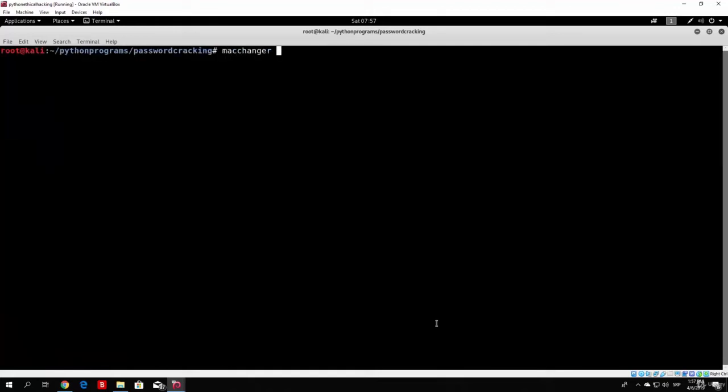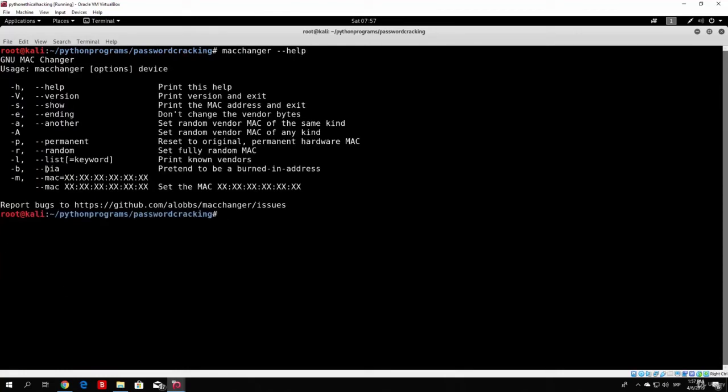Let's run macchanger --help. So we can specify it with -m and then --mac equals this. So we will use --mac equals, and then we will specify some random MAC address. So let us do that. --mac equals, and then we can specify